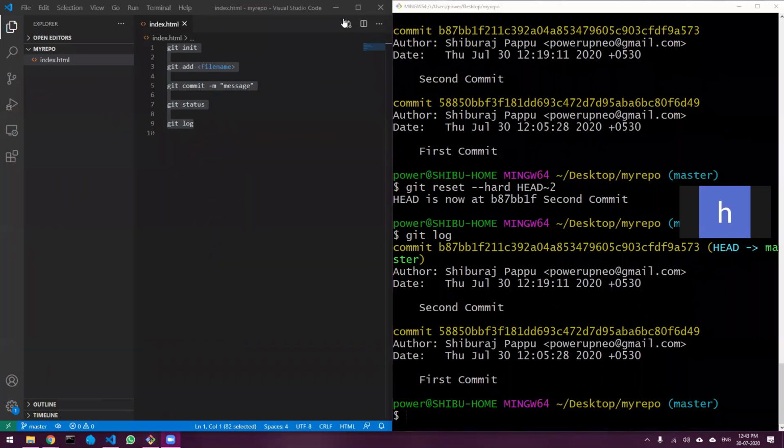What if we are working with multiple files? Is there a way we can go to just one file and see the changes done on it? Yes, we are going to see that. I'm going to show all the advanced functions in the next part.